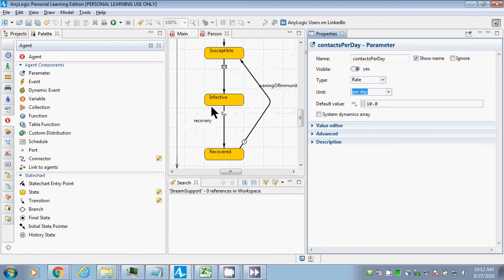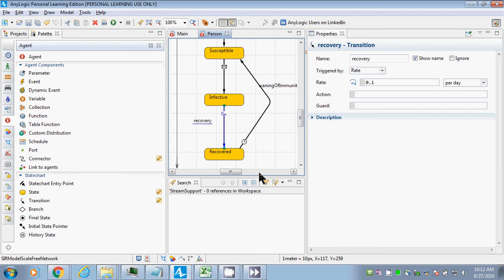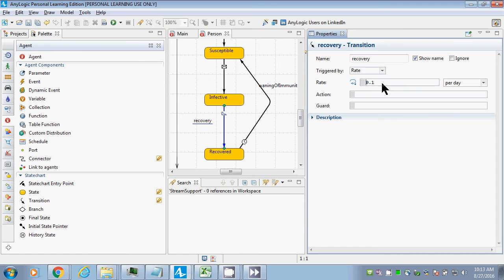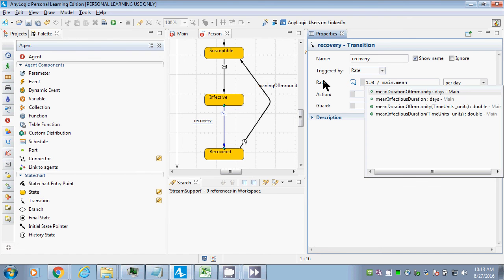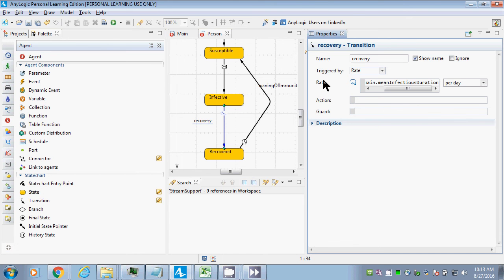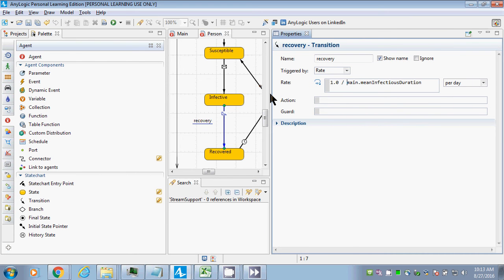Okay. Ladies and gentlemen, for the duration of immunity, timeout is going to be mean duration of immunity. And notice it's days. In both cases, I'm checking the units per day, making sure they line up, and days. Okay? Great. We're just about done with the core logic of this. Next, we're going to add in to the palette